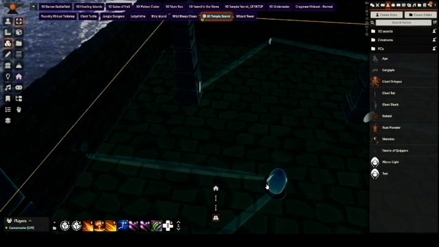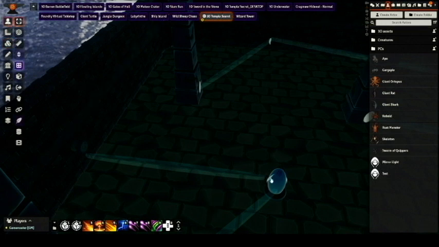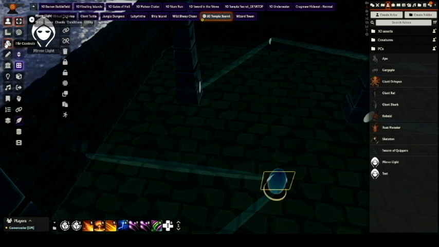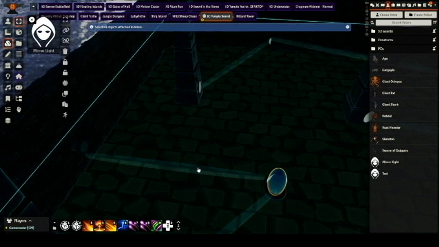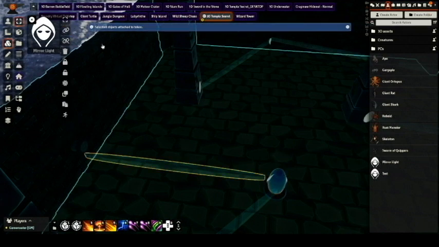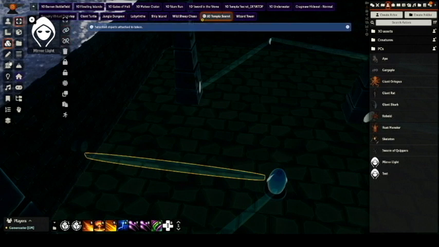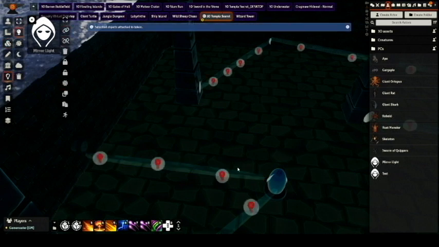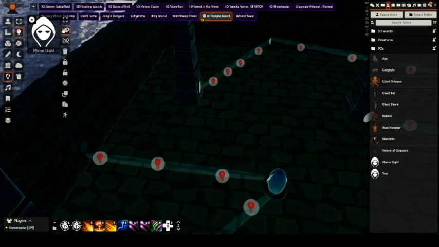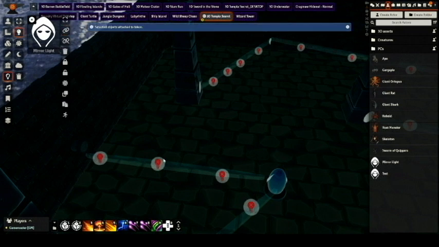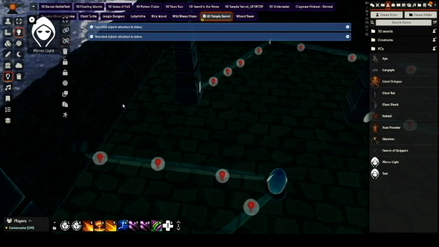And then we're going to select, making sure that we have the modules that we need enabled, token attacher. We select this piece, and we're going to click the little chain here for opening the token attacher UI. We're going to start attaching stuff. We want this central mirror just because that is what the players will see rotate. We want this piece here to rotate with it, and then we also want, this is where select tool everywhere comes in, we want these lights. So click on each light, and it